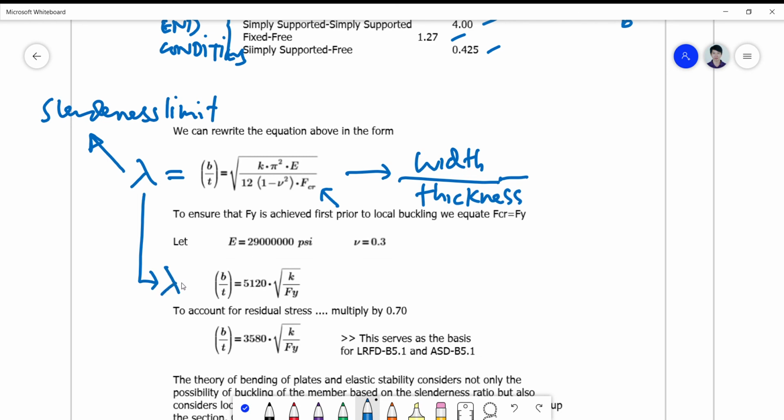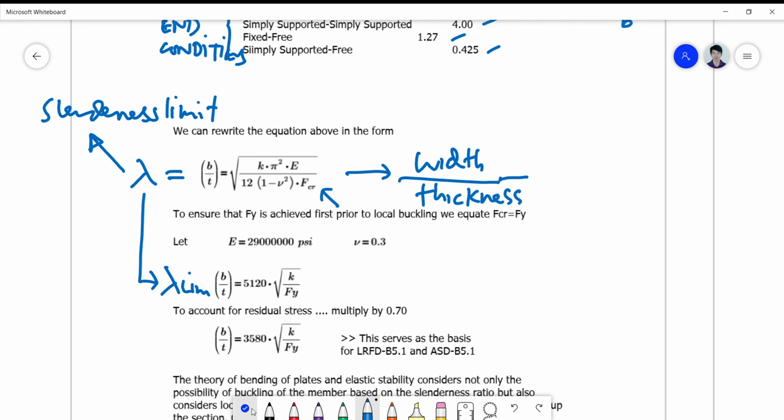Okay, so we are now taking the limit of lambda, which is B over T, equivalent to 5,120 square root of K over Fy. Of course, this is in English units, by substituting E equals 29,000 KSI and nu equal to 0.30. Of course, we have to substitute PSI here because your Fy are normally based on PSI. So to account for residual stress, we reduce this value to 0.70, so we get 3580, and this serves as